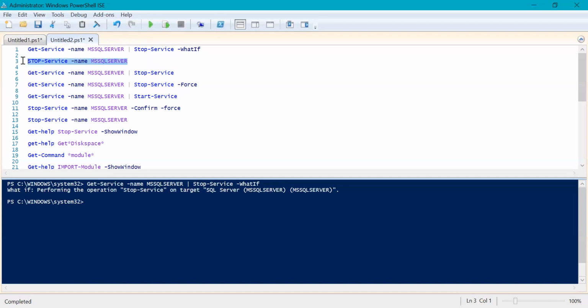Okay, but what if I execute this command right now? So it has stopped the service because I've already stopped all the dependent services, but there could be dependent services as well. There is a dependent service for MS SQL service, but the dependent service is already stopped right now. So let me go ahead and start all the dependent services first and MS SQL service also. And then I'll try to stop the service again, and let's see what exactly it will do.